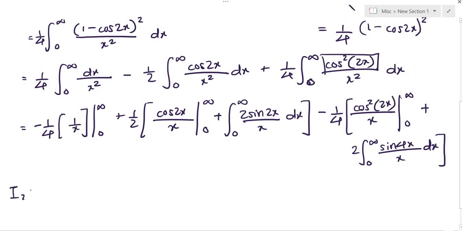So now our I2 is going to be, well, when x tends to infinity this will become 0, but when x tends to 0 this is sort of an infinity which we will just write as it is in the limit form: 1 over 4 times the limit as x tends to 0 of 1 over x. We know as x tends to 0 that this will blow up to infinity. This is sort of an indeterminate form, but let's just keep it as it is in the hopes that it will cancel out somewhere.